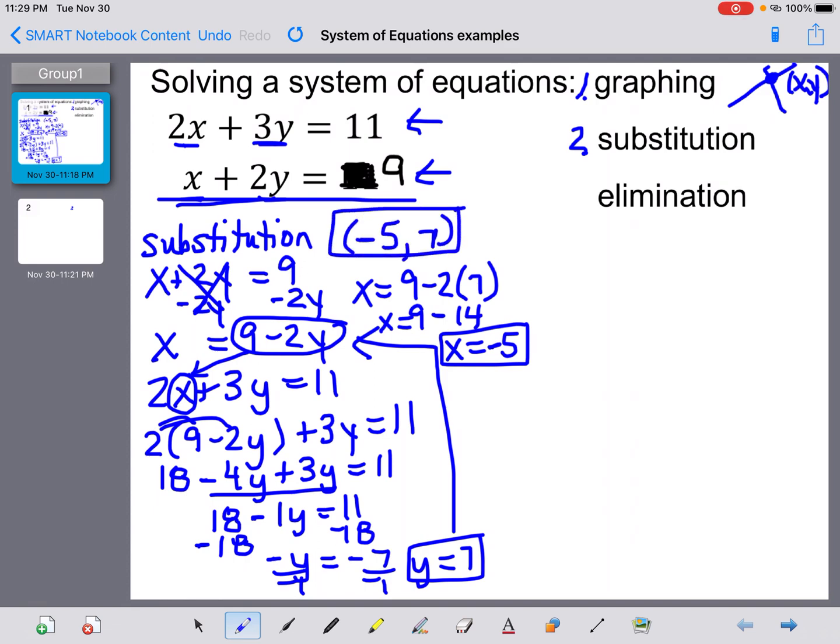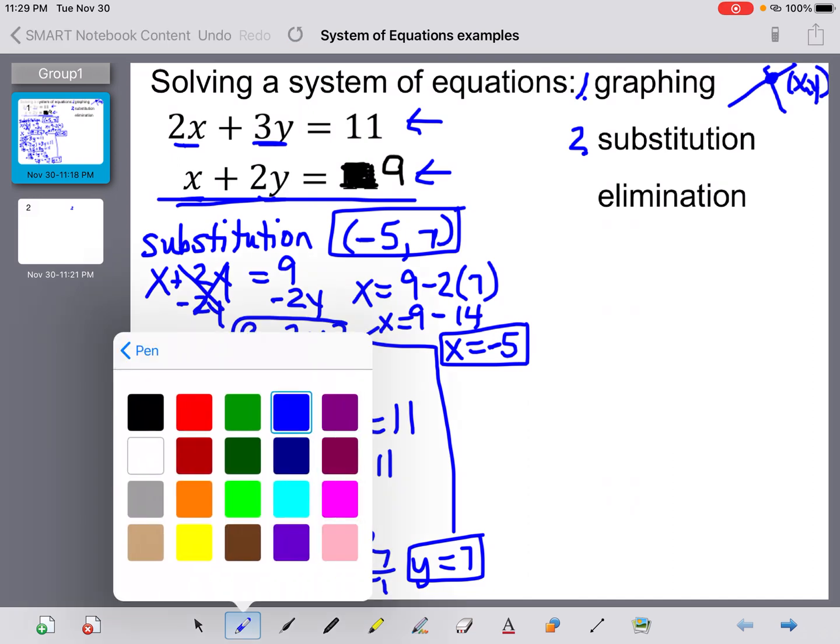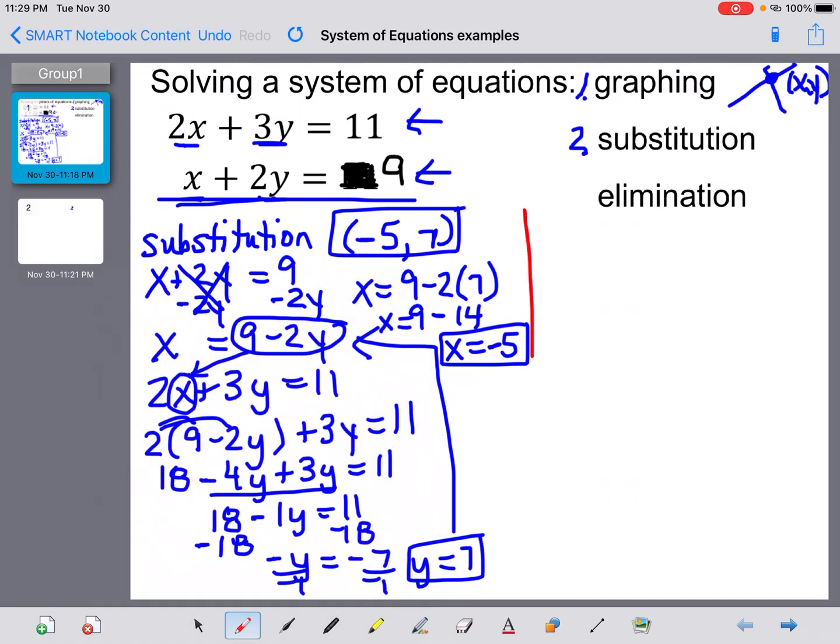So if I would have graphed this, it would have crossed at negative 5, 7. But again, I solved for two variables, the x and the y. That's the substitution method. All right, so now let me switch over and do the elimination method, this third method,